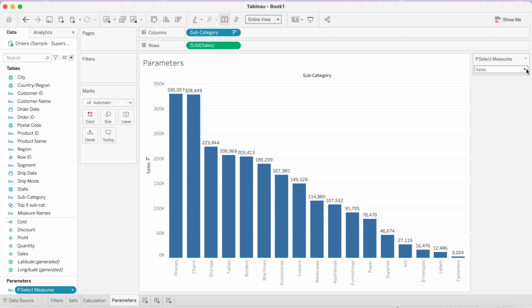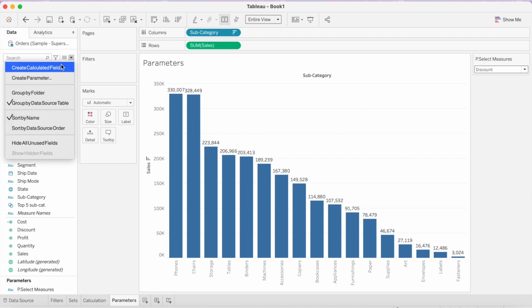Now if you see, we have the parameter dialog box which has a list name and has multiple measures that we have added into our list. But currently, as you can see, this parameter is not working. For this parameter to work, we have to create a calculated field. In my calculated field, I will have to create a calculation which will tell Tableau what actions to perform when a particular measure in this list is selected. To do that, let's start with our calculation, and I'll show you what we can do.